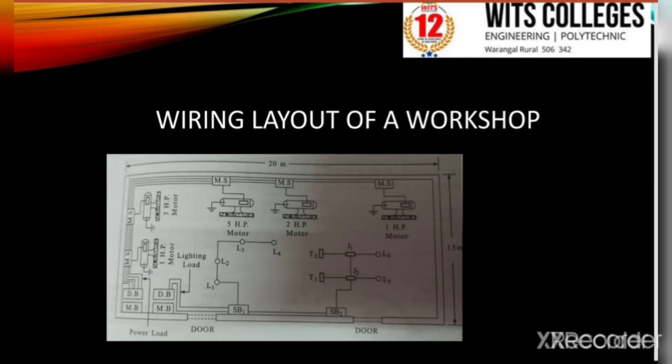So as I said, we have taken 2 meter boards. One is for power load, another for lighting load. First of all, the power cables are taken from the pole to the main switch board. From the main switch board it is given to the meter board and then to the distribution board. So let us consider the lighting load system. When power is given to the meter board, it is transferred to the distribution board through the cables.